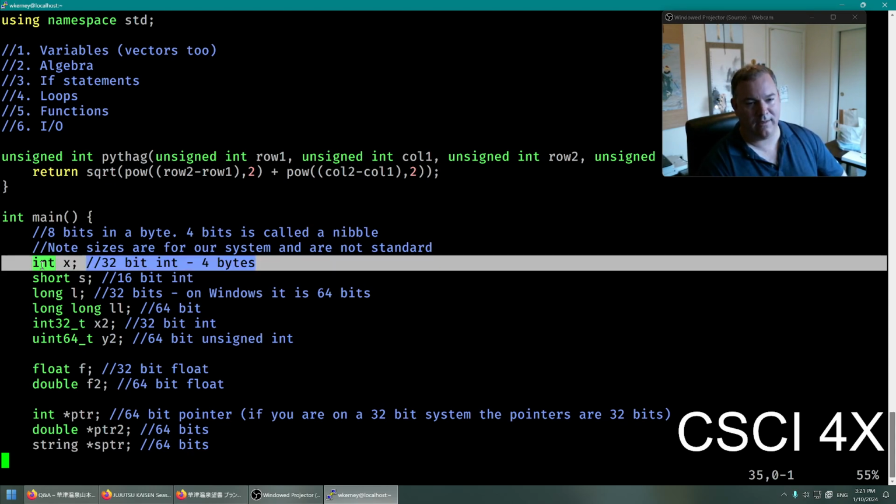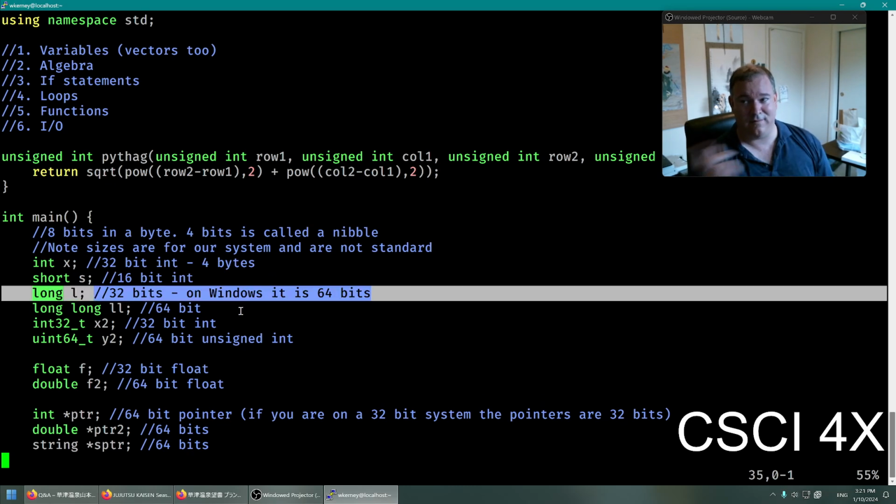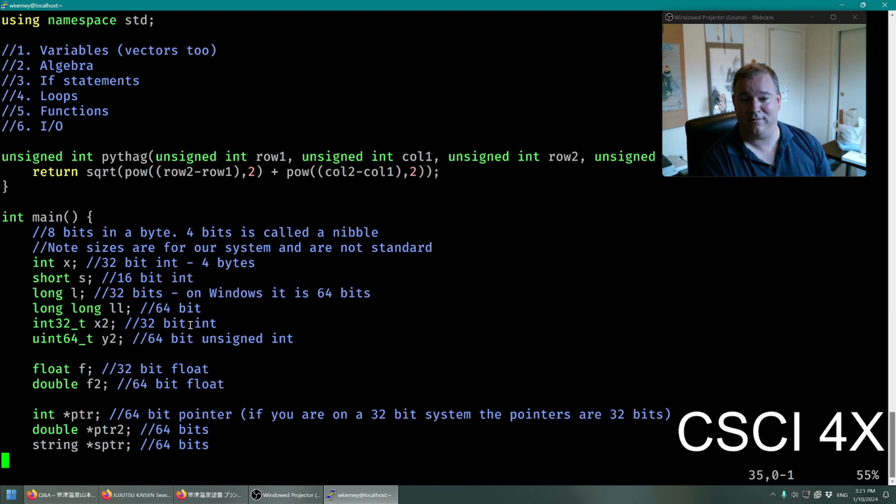You're probably not going to get surprised these days by having an int suddenly turn into a 16-bit number when you move between systems. Like if you port your game to the PlayStation or Xbox, I haven't heard of any. I could be wrong, by the way. I'm sure there's something out there, but none of the systems I've used since the 90s have had 16-bit integers in them. Maybe the 80s. But if you're using a long, that switches sizes depending on what platform you're on. And so it's a lot better to say, I want 32 bits, or I want 64 bits, you know what I mean? And so, in my opinion, it's good practice to just tell C++, I want a 16-bit number,